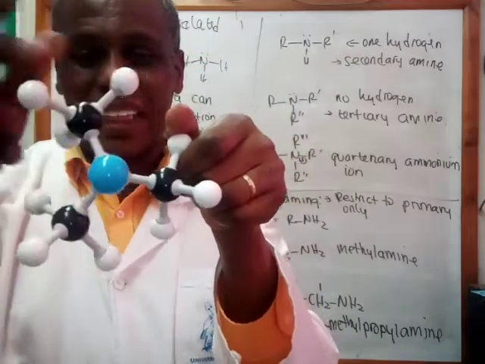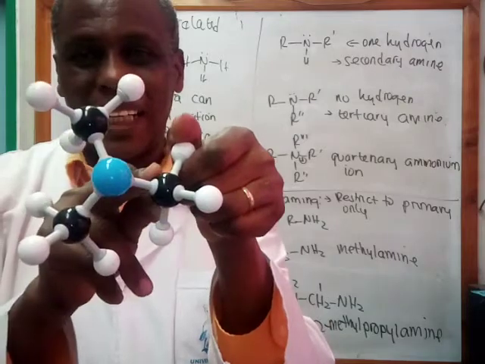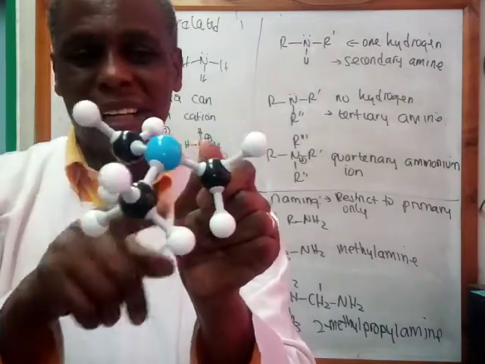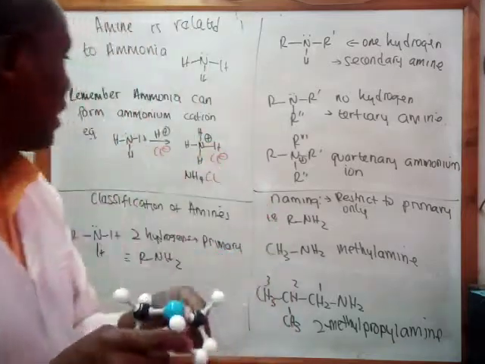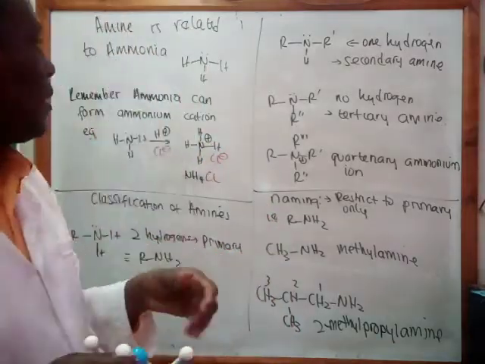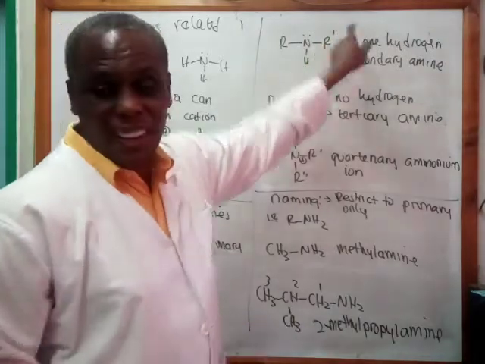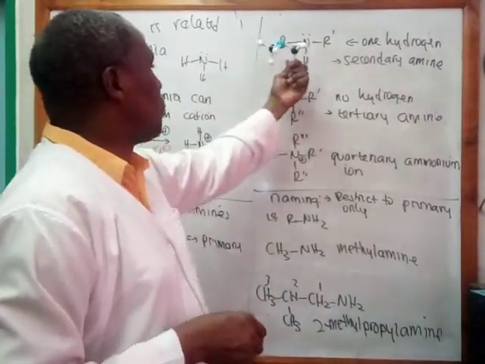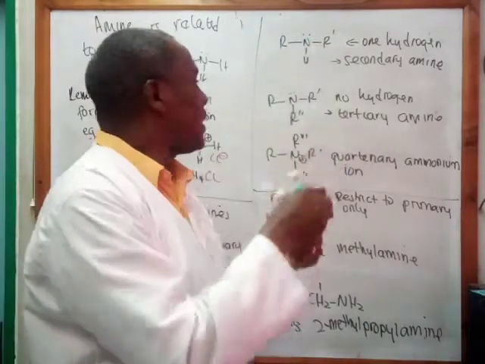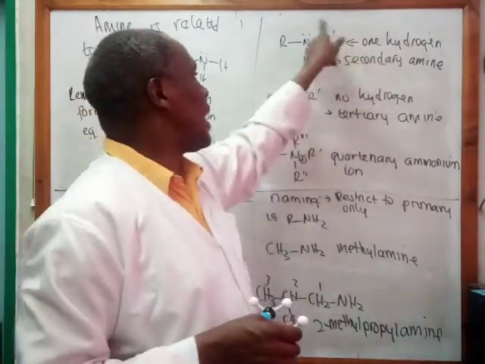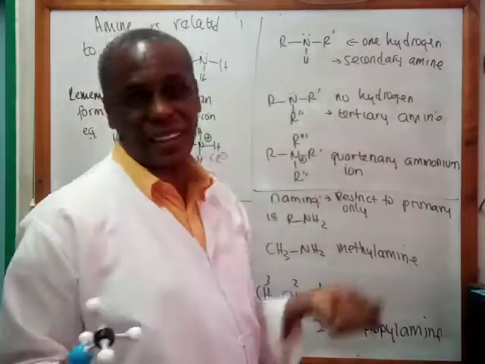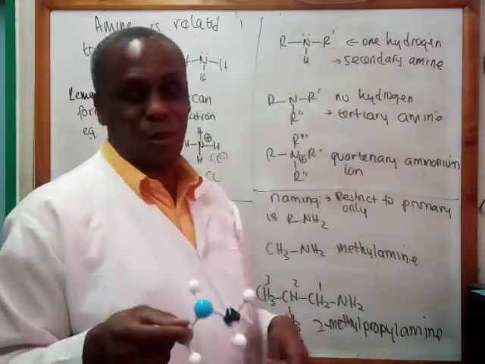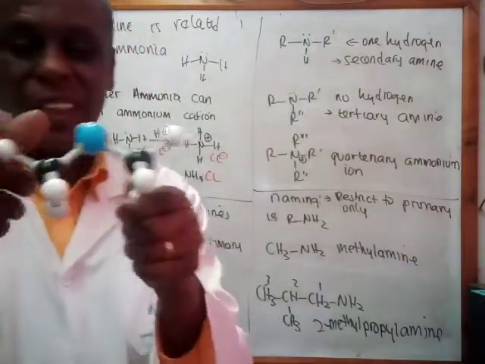It's got one alkyl group, a second alkyl group, a third alkyl group. What I've done is, for the second one, which contains two alkyl groups, I've just said R and R prime. It says that R prime and R may be the same. What it tells you is that you can have two different alkyl groups, but for simplicity, I've just shown